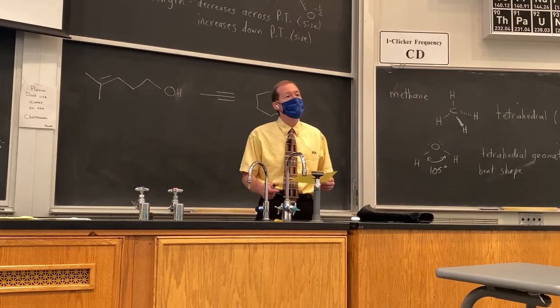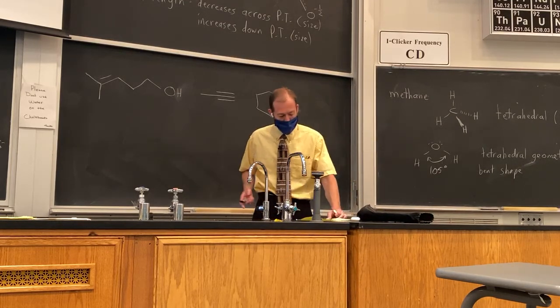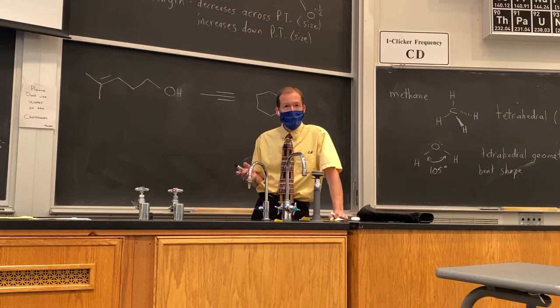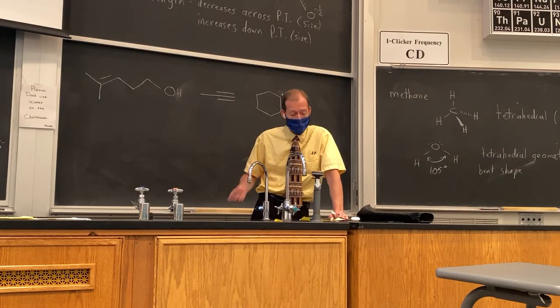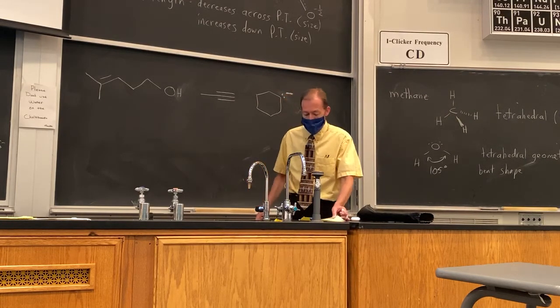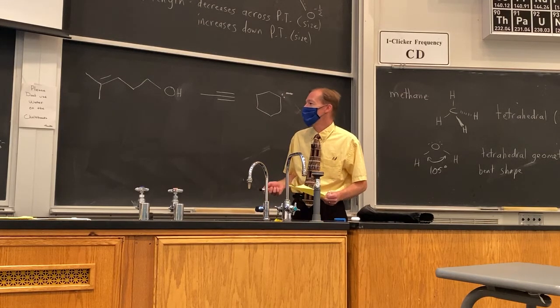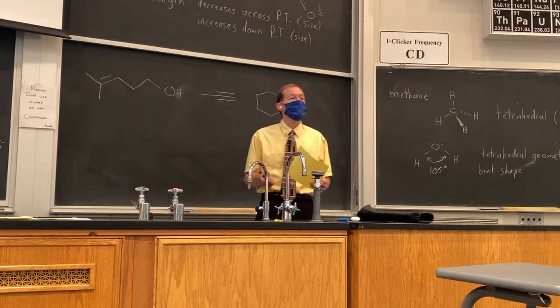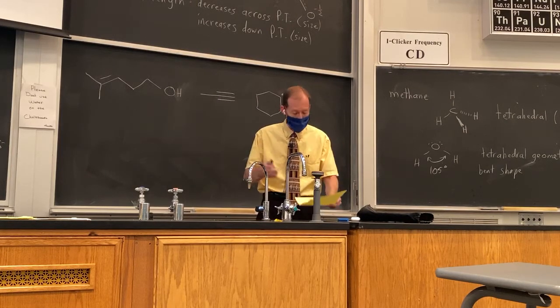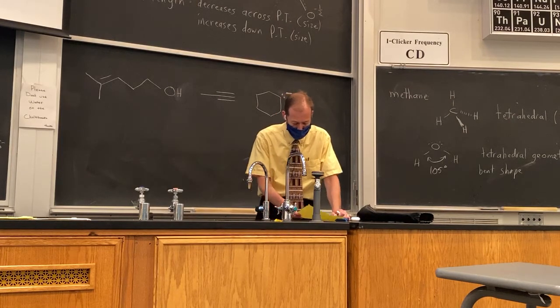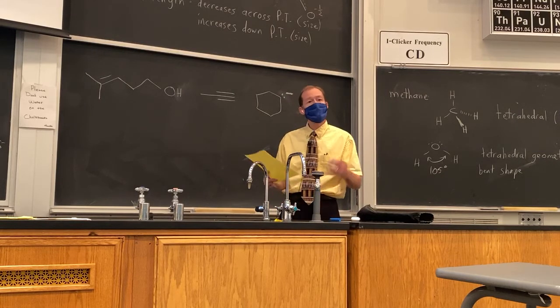Our discussion of bonding, we're going to start simple. We'll start with the simplest molecule in the world, which is H2. We just have 1 bond between 2 hydrogen atoms. And we're going to talk about the 2 theories of bonding, the valence bond theory and the molecular orbital theory, spending more time on valence bond, but just a little time introducing molecular orbital theory. But both of these theories